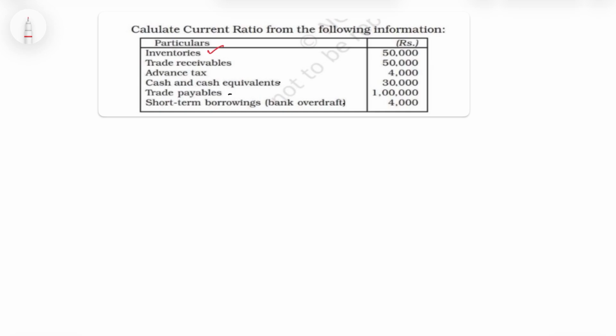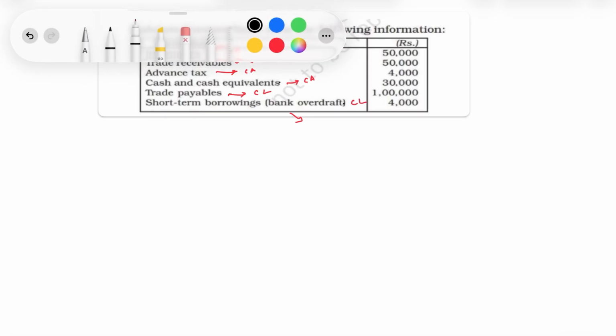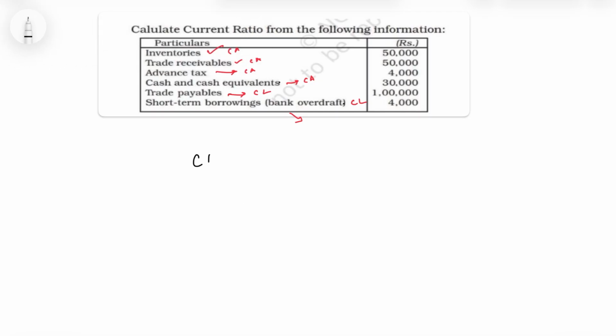Inventory, simply stock, is a current asset. Trade receivable, simply debtors and bills receivable, is a current asset. Advance tax, I mean the prepaid tax, is a current asset. Cash and cash equivalent is a current asset. Trade payable, creditors and bills payable, is a current liability. Short-term borrowings, I mean the bank overdraft, is a current liability. Current ratio is equal